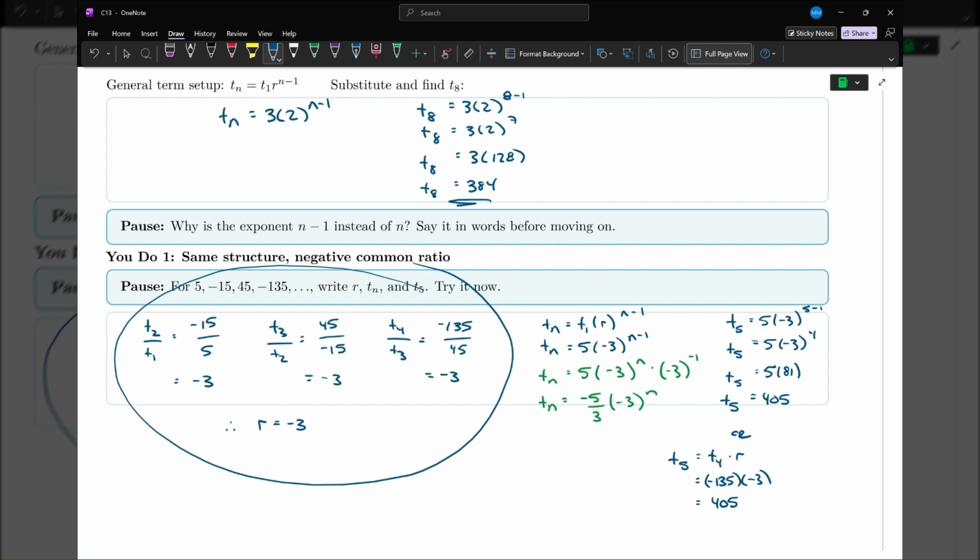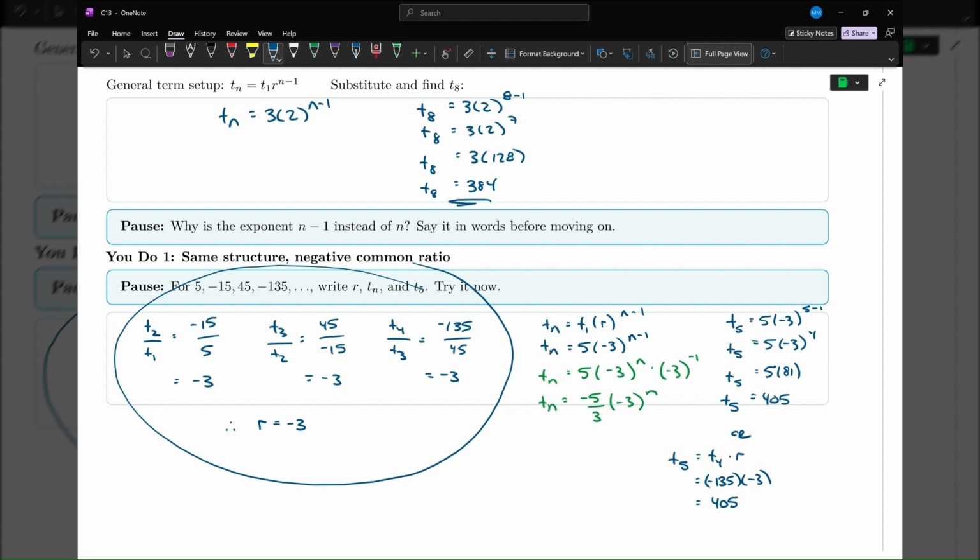It just means the signs are going to alternate, which is going to be weird. But yeah, it's okay. So as I do that, I find the ratio is negative 3. That means my general term is going to be 5 times negative 3 to the n minus 1. And you see in green here, just like I expanded the arithmetic sequences,